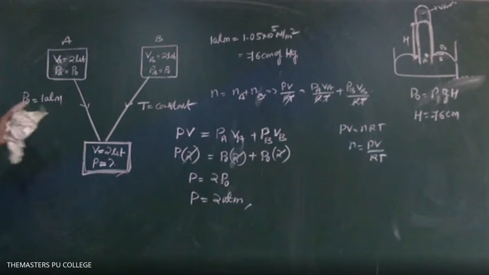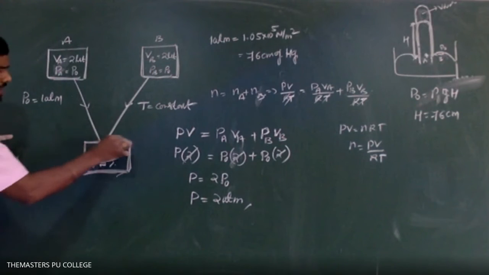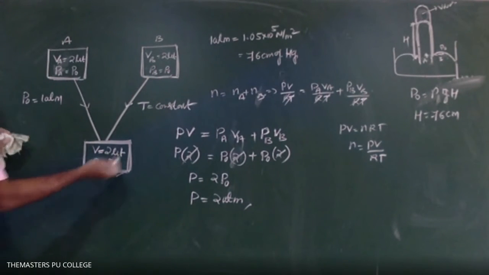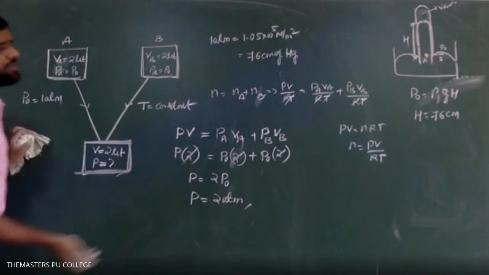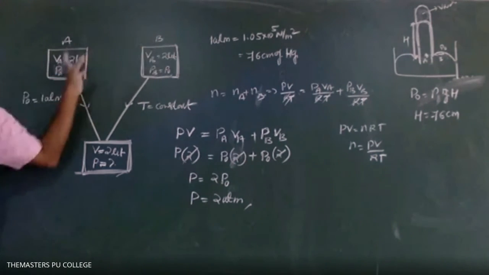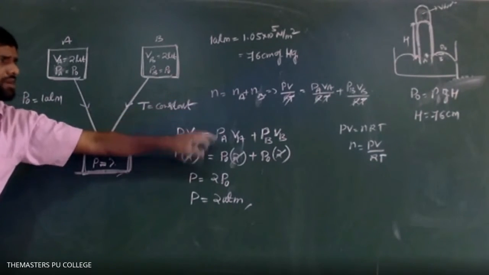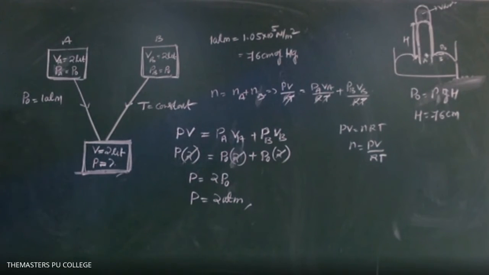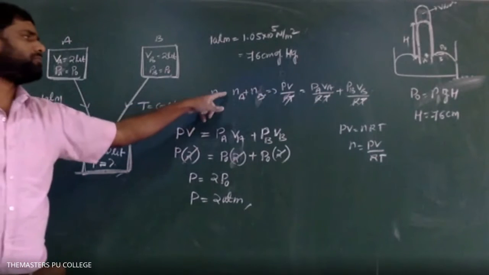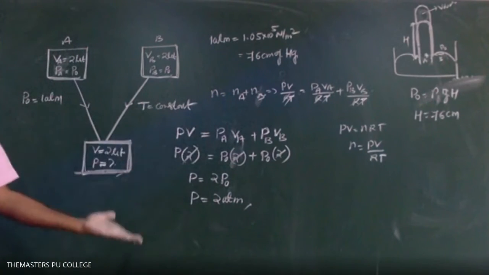Directly we can write. So let N1 moles of this gas be added with N2 moles of this gas. Then what is the total number of moles? N equals number of moles in A plus number of moles in B. Just like when two masses are added together, the resultant mass is M equals M1 plus M2. Similarly, when N1 moles of this gas and N2 moles of this gas are added together, we will get the resultant gas of N moles equal to this. Based on this we got it, that's why I wrote it there. How is it so? From this relationship: the number of moles of the resultant gas equals the sum of the number of moles in gas A and the number of moles in gas B.